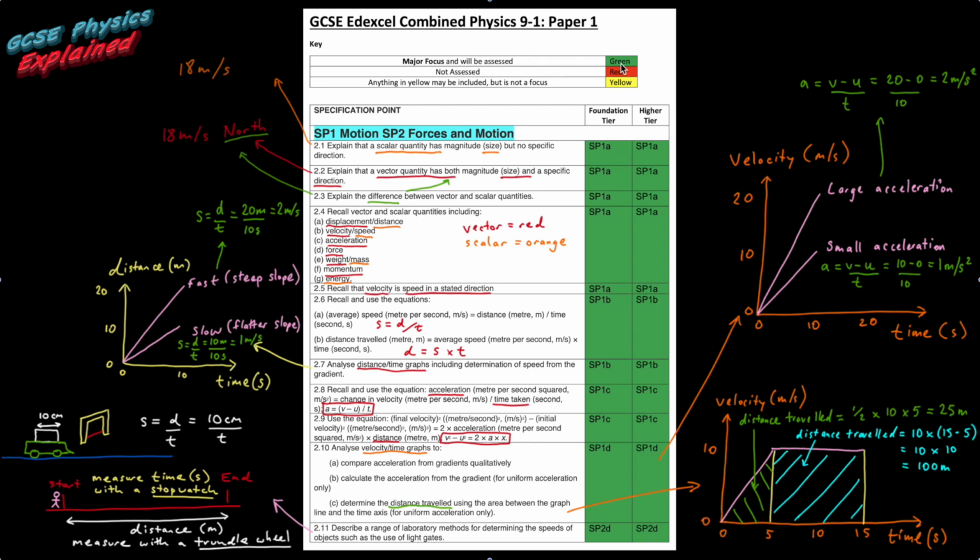If it's in green in this document, it'll be a major focus and will be assessed on the exam. If it's red, it'll not be assessed. And if it's yellow, anything yellow may be included as 1 or 2 marks, but it's not a main focus, or it'll complement the green areas. These codes down the sides let you know which lesson you'll find further information from the Pearson book. I've also got playlists on my YouTube channel in the Edexcel playlist where you'll find further videos that'll help to